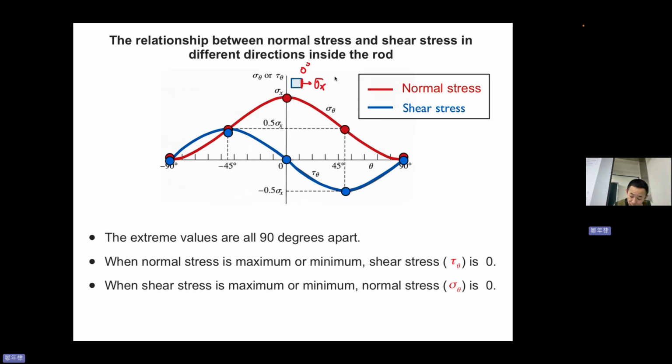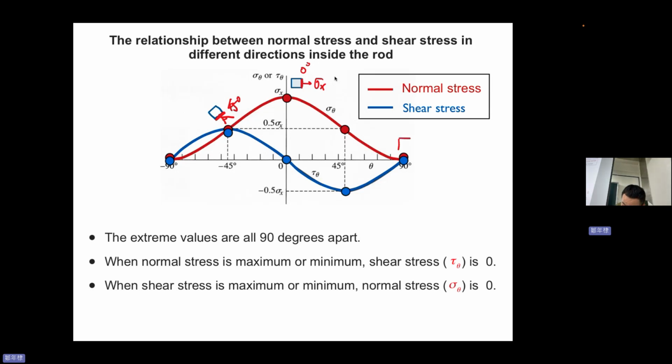And for 45 degrees, this one is minus 45 degrees, and your focus now is this direction. So this is 45 degrees,